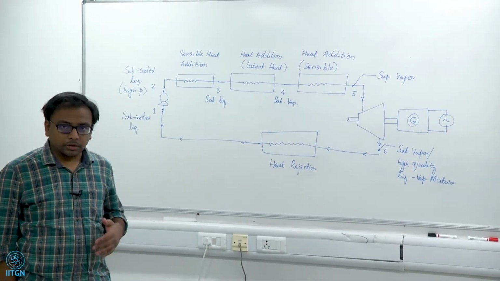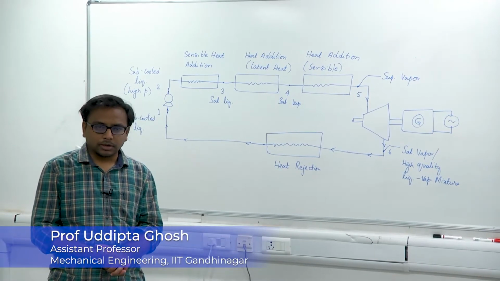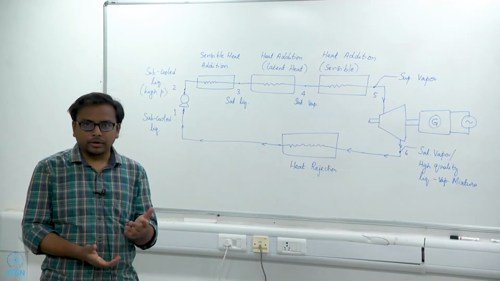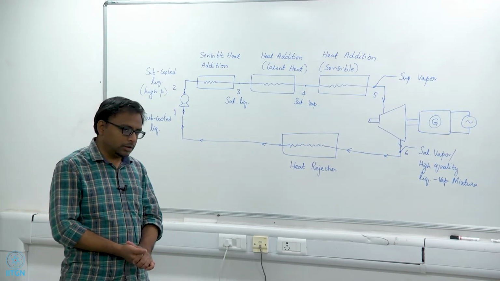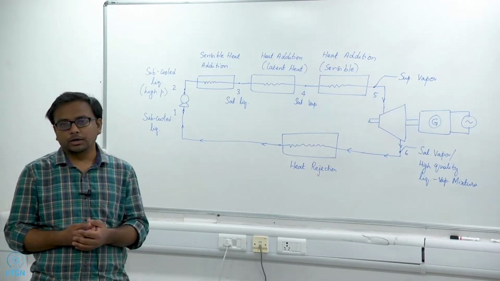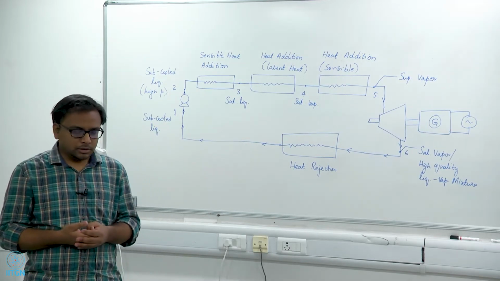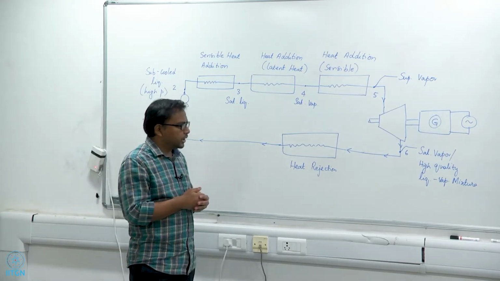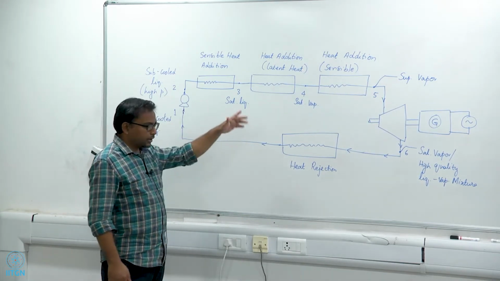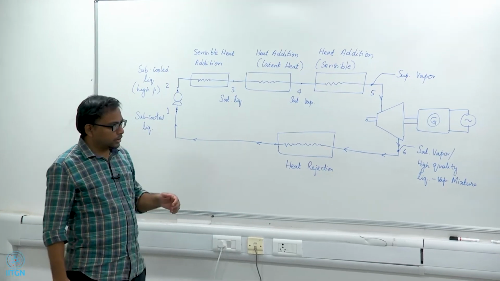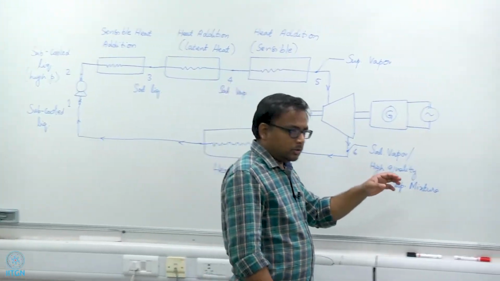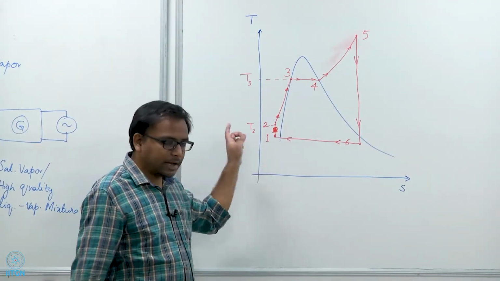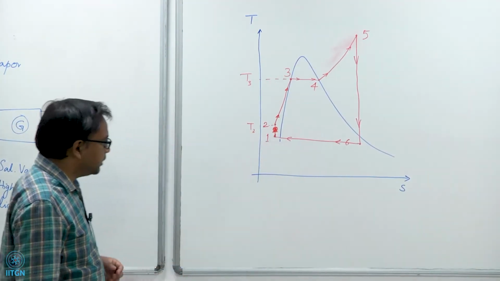So, we will continue our discussions on the Rankine cycle, and in this video we will try to quantify the work output and the heat input that is required to drive the Rankine cycle. That is why I have not erased the diagrams. So, this is the component-wise diagram of the Rankine cycle, and on the right pane here you can see the cycle diagram. On the TS diagram we can see the representation of the Rankine cycle.